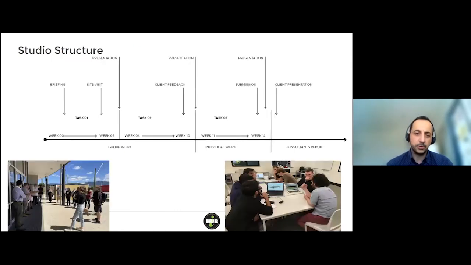I will just go through each one of those quickly, but just to give you an idea of what the studios involve. At the start, we have a period where the client provides a brief, the students review the brief, and there is a return brief back to the client. There is a site visit, at least